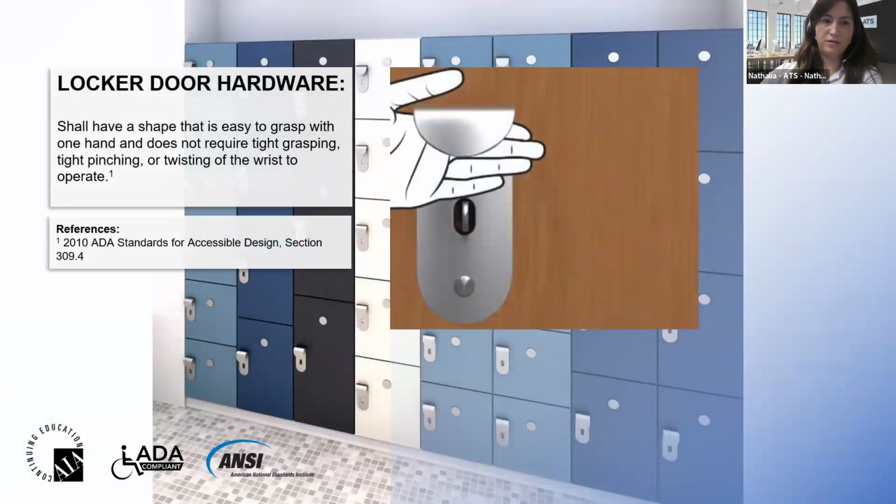Yeah, the locker door hardware. So by ADA standards, they shall have a shape that is easy to grasp with one hand only and does not require tight grasping, tight pinching, or twisting of the wrist to operate. And yeah, we have so many options available to you in regards to the type of hardware, but however, not all are necessarily accessible. So keep in mind